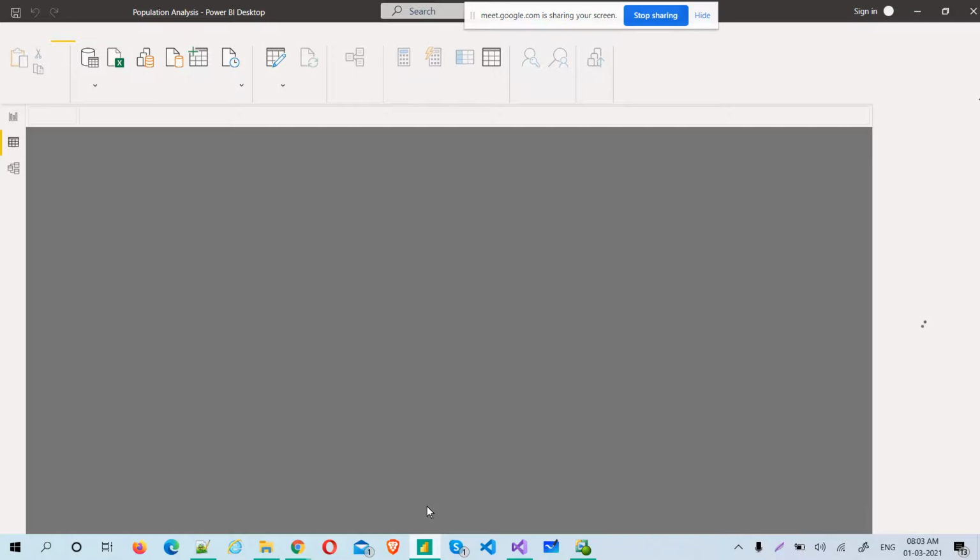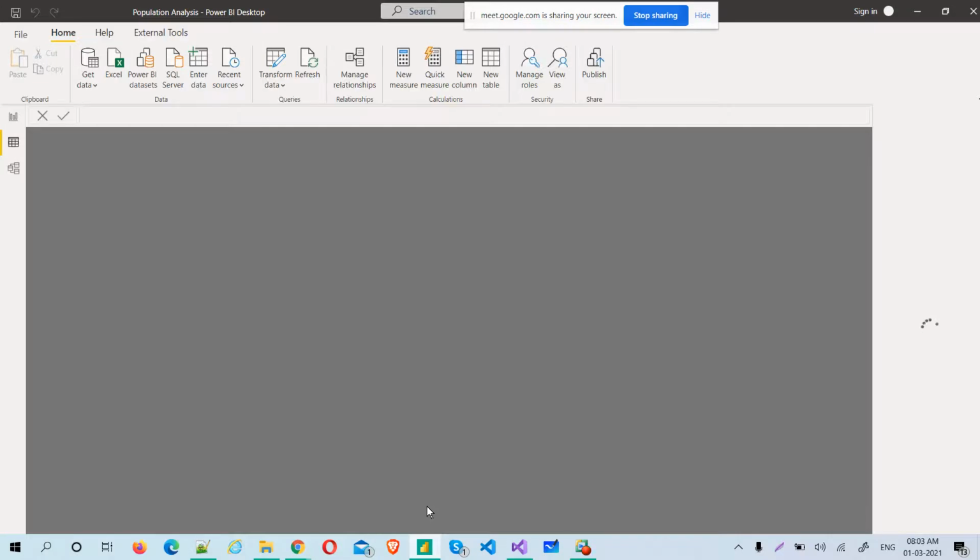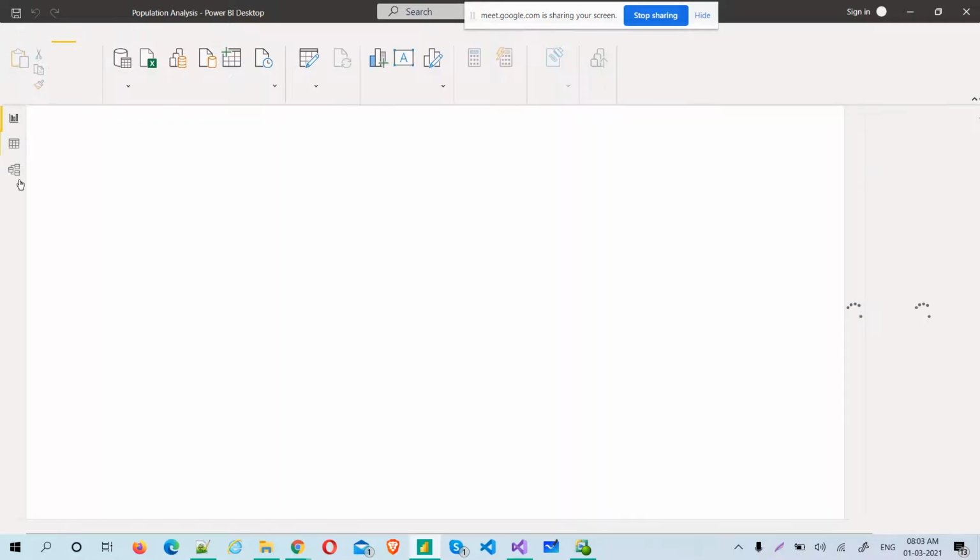Population analysis was our file. We have actually done a lot of ETL on that. We have taken three sources, three different years of data, but with the same format. We have done the ETL, created the extraction, transform and load using a reference, and added indexes to create the keys.